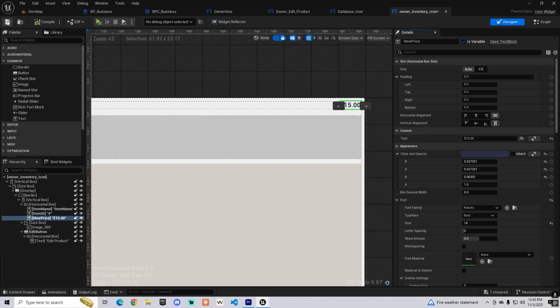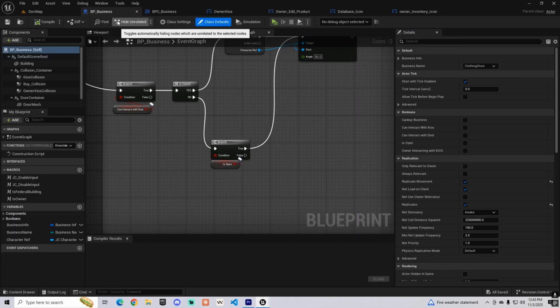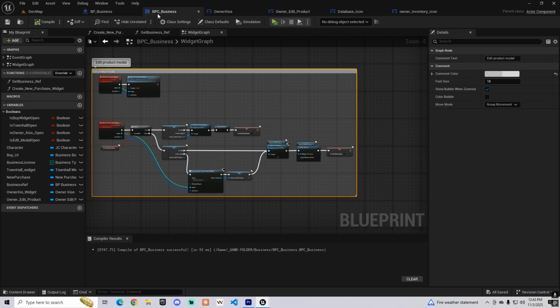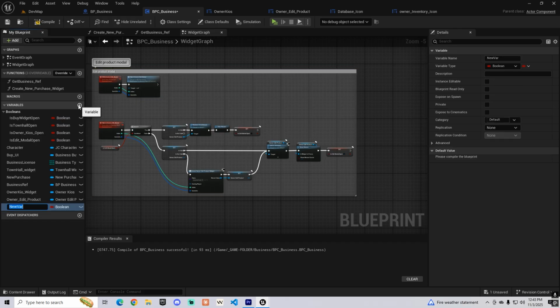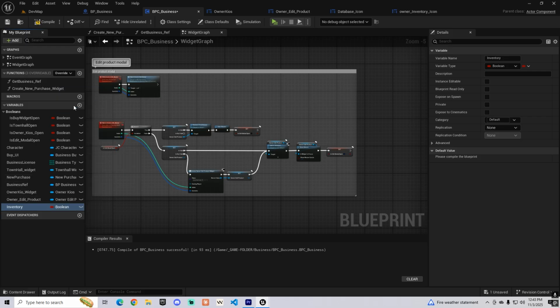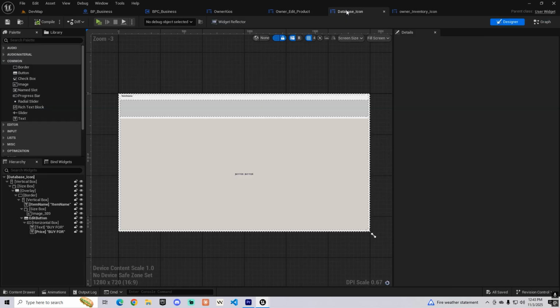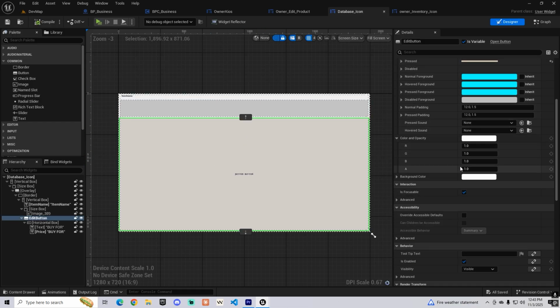Okay, like so. So now what we need to do, let's go back to our BP business. We need to create a new variable. Let's call it inventory, and of type item info. Make sure it's replicated and make sure it is an array. So when we click on the data icon, this right here, when we click on this button